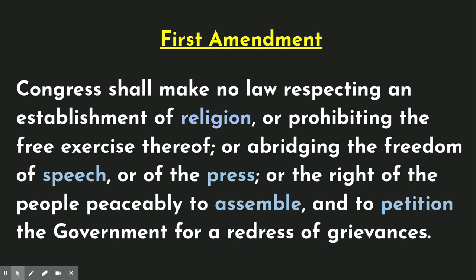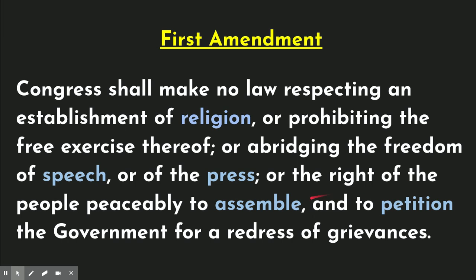The First Amendment says Congress shall make no law respecting an establishment of religion or prohibiting the free exercise thereof, or abridging the freedom of speech or of the press, or of the right of the people peaceably to assemble and to petition the government for a redress of grievances. So this is the First Amendment. Very, very, very important, very famous. It protects the freedom of religion, freedom of speech, freedom of the press, the right to assemble, and to